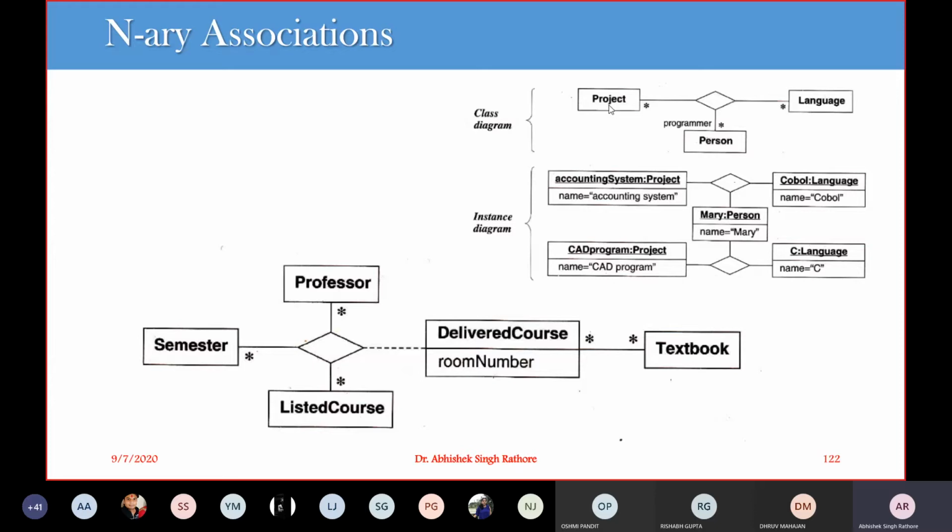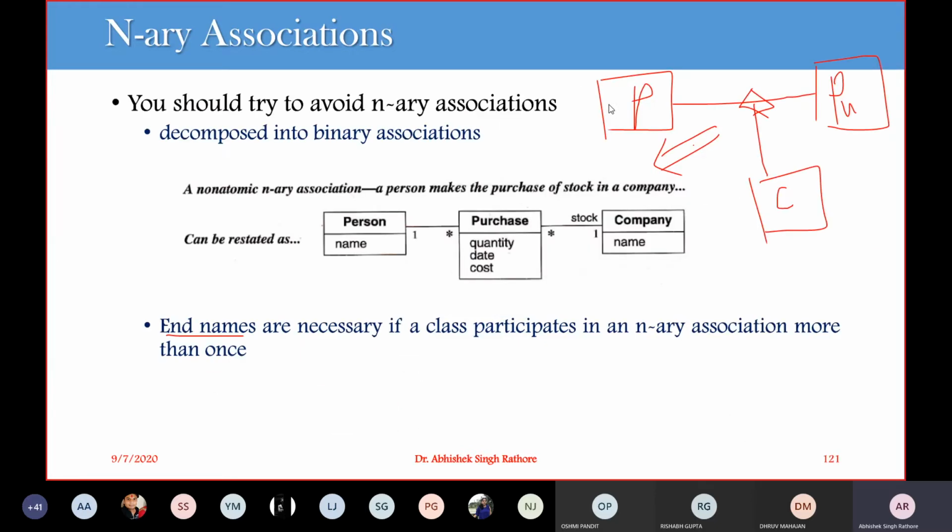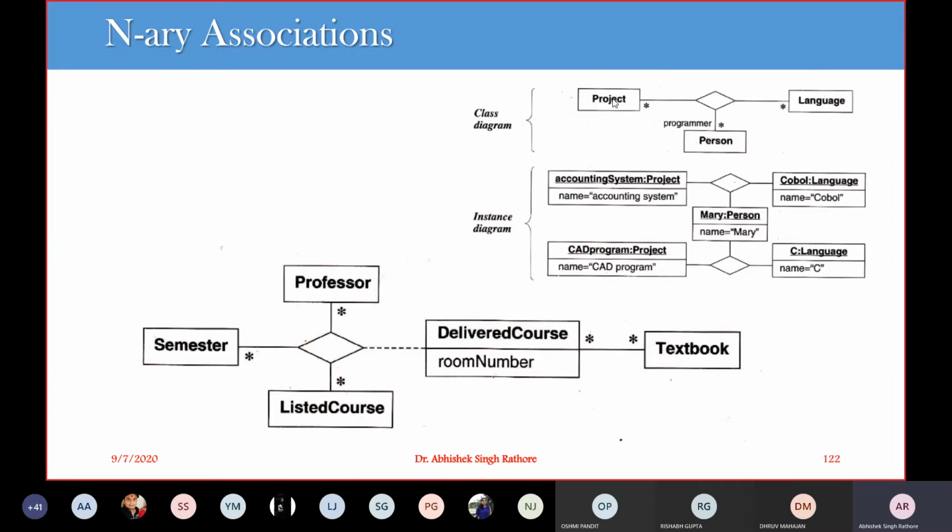For this you have a project. So this is a project, this is a language, and this is a person. What we can say is that a programmer can work on multiple projects, and projects contain multiple programmers.